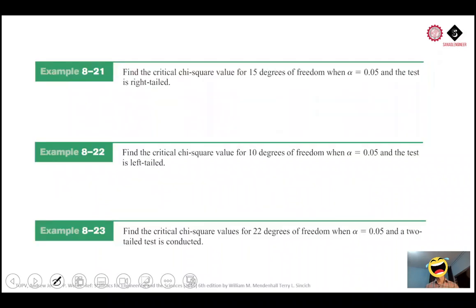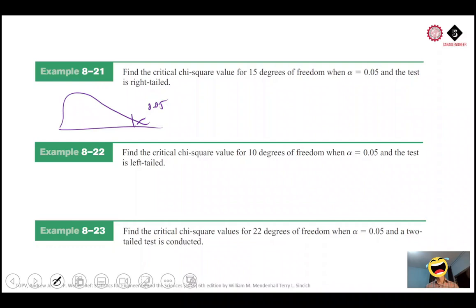Okay, so for the first problem, find the critical chi-square value for 15 degrees of freedom when alpha is 0.05 and the test is right-tailed. So remember, when it comes to the chi-squared distribution, or distribution of variance or standard deviation, the curve is not normal. Okay, so it is skewed to the right. So for the right tail, which has 0.05,